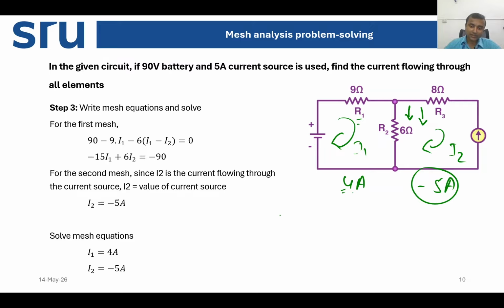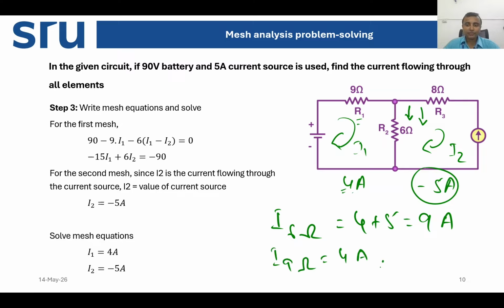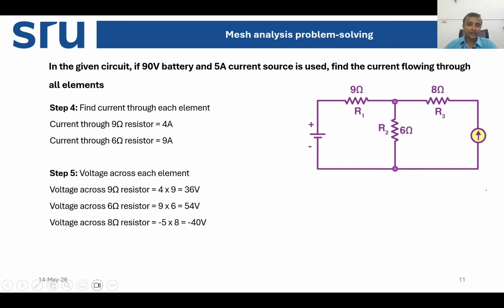So the current through the 6 ohm is 4 plus 5, equal to 9 ampere, and the current through the 9 ohm is 4 ampere, and the current through the 8 ohm is equal to minus 5 ampere. Okay, so this is our solution, and then you can calculate the other things, that is, what are the voltages across the